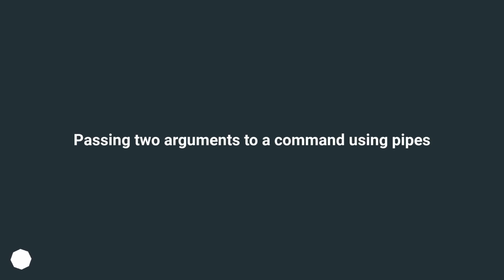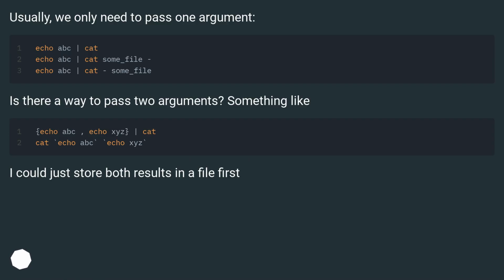Passing two arguments to a command using pipes. Usually, we only need to pass one argument. Is there a way to pass two arguments? Something like,